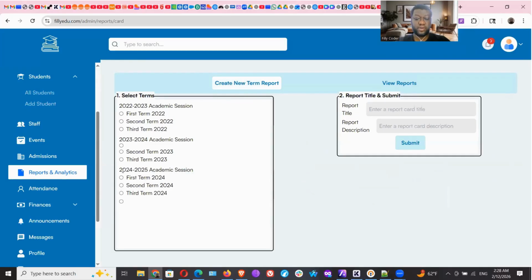Yeah, so you need to enter a selected term, choose a term, and then you can create a report for that term. So, okay, report titles, let's say demo test report, first semester report, and then